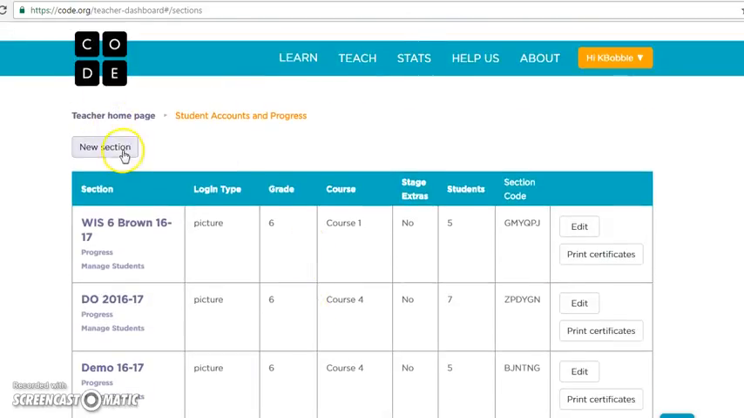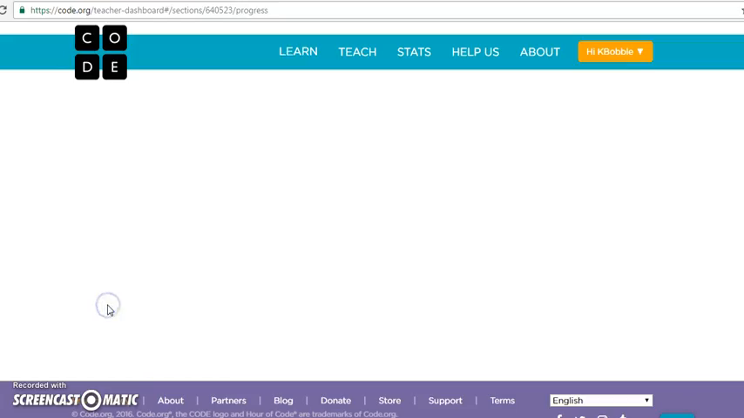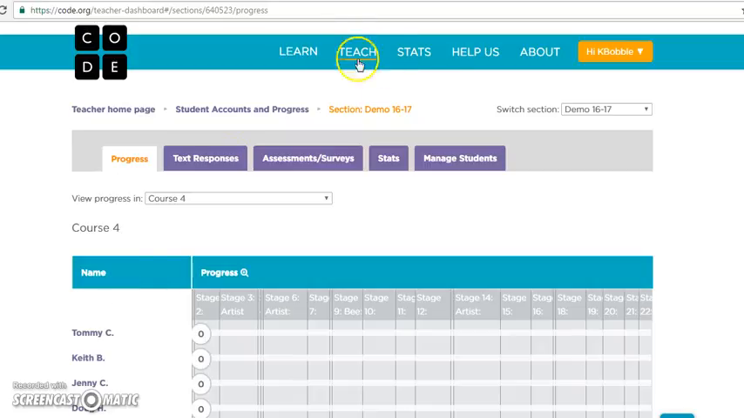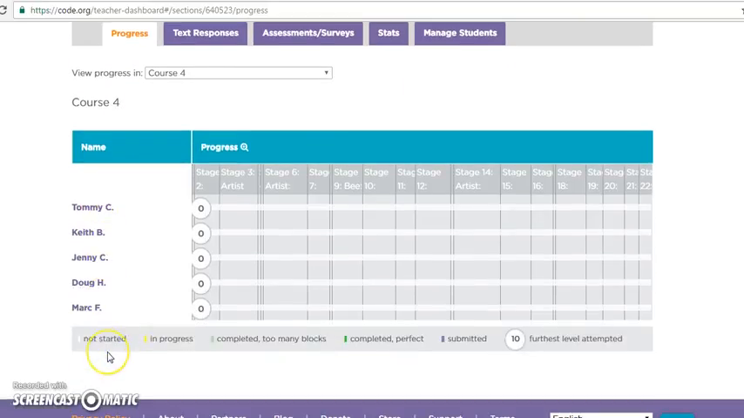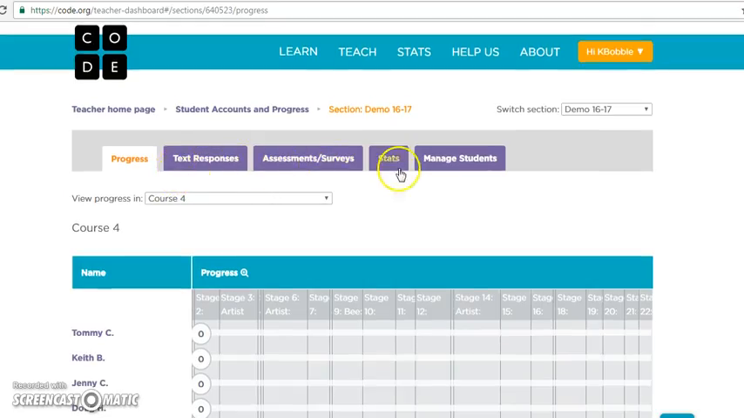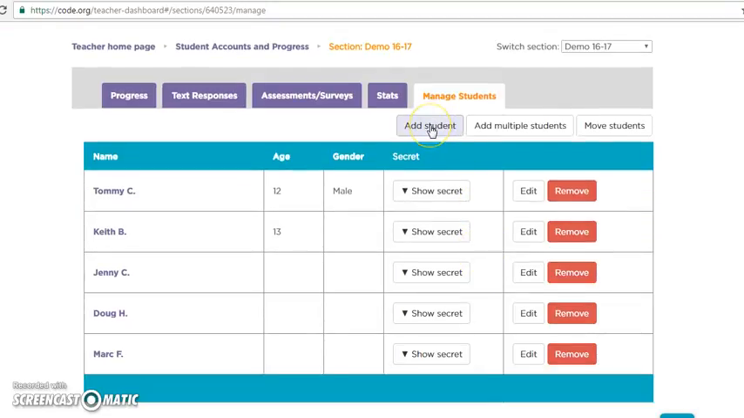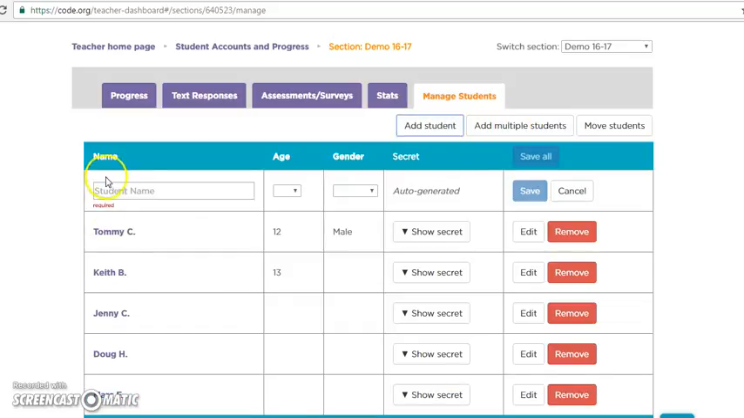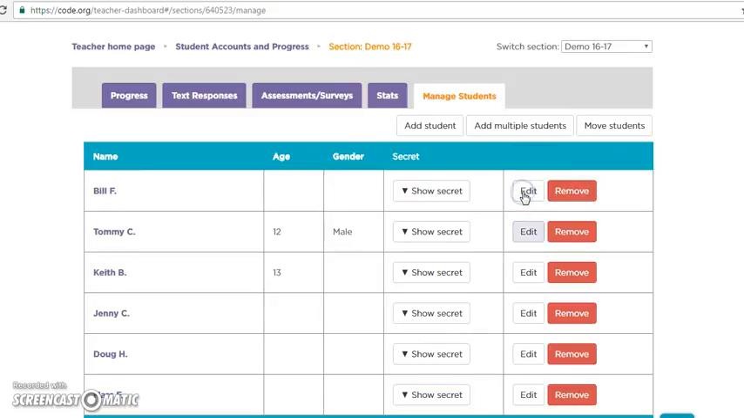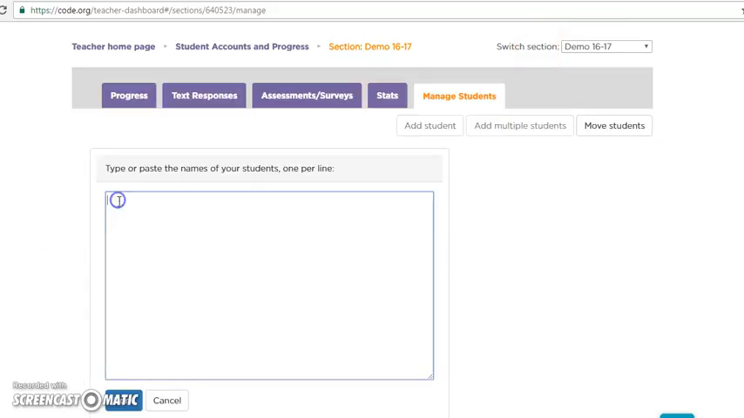So now I'm going to add someone to this section. If I wanted to create a new section, I would just click on create a new section and name it. I've got all these folks in my section right here. Let's say I want to manage the students and add some students. If I add one student at a time, I could just put them in here, Bill F, and say save. And if I wanted to add multiple students, I could do it in here,